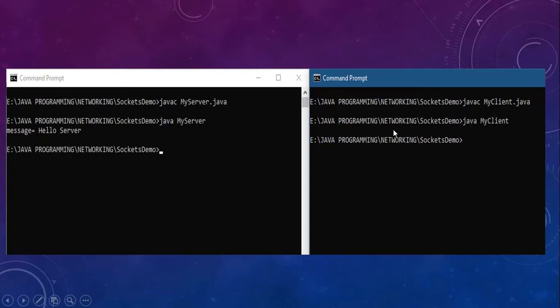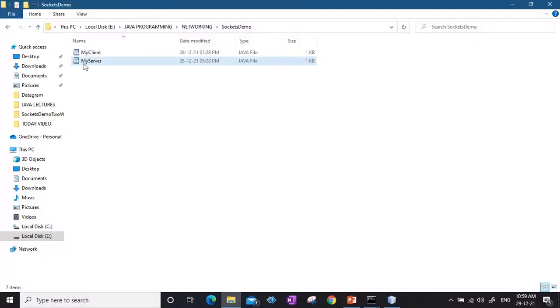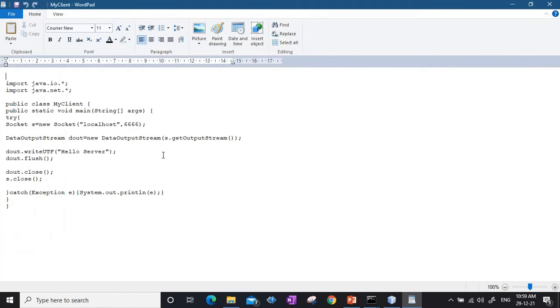And that's it. So let us see this example. I have created two files. This is my client file. My client here sends a message. I have already explained the code. So hello world is the message that the client will send to the server.